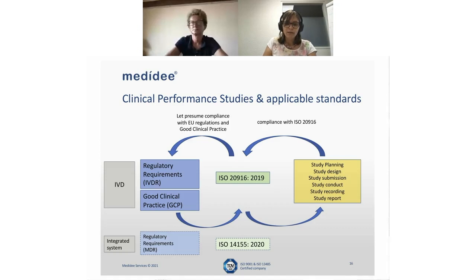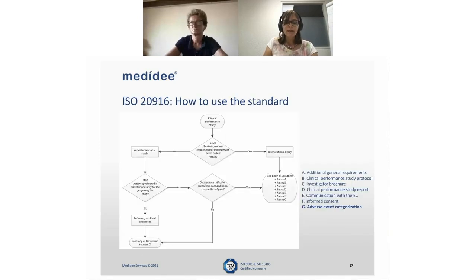When we come to this ISO standard for clinical performance study, here is a little bit of an explanation on how the standard needs to be used, because it's a bit different than other standards which maybe one has seen so far, because there is a main body of the standard and there are several annexes. Now, to know whether or not these annexes apply to your study, you need to go through this little scheme where you ask yourself the question,